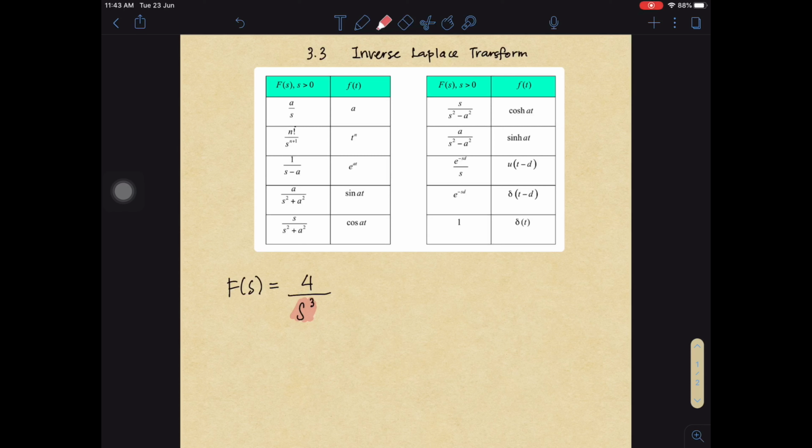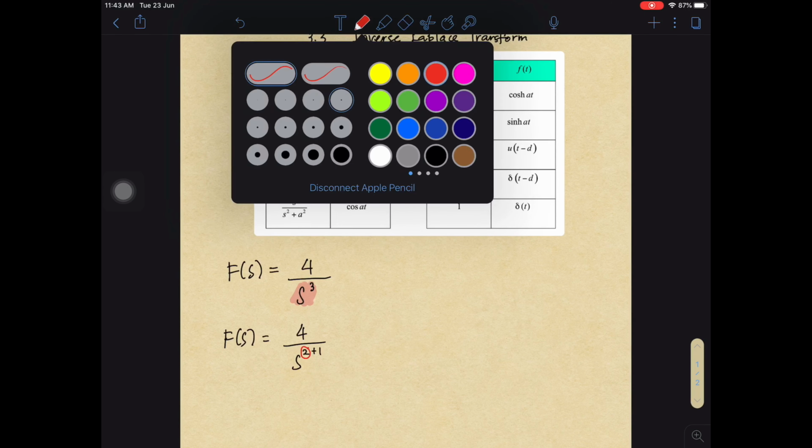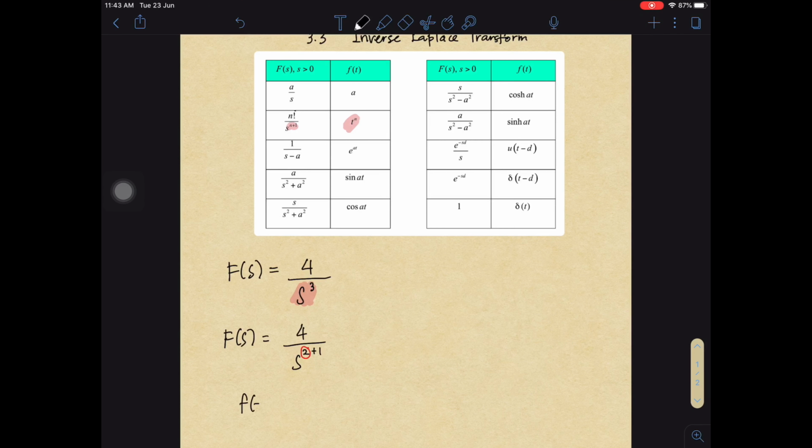So this one we relate to the function f(t) equal to t to the power of n, where if you see the formula from f(t) to F(s), the power of s is n plus 1. Therefore, your equation here can be written as F(s) equal to 4 over s to the power of 2 plus 1. So you know now your n is equal to 2, so you can write your f(t)